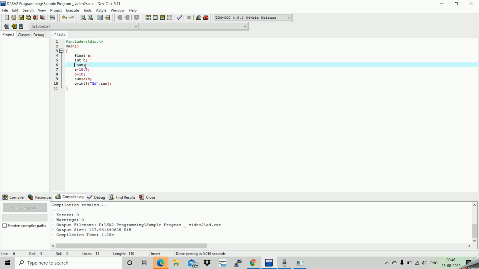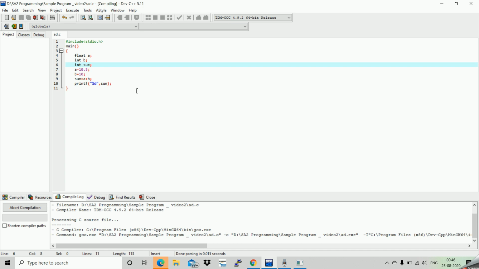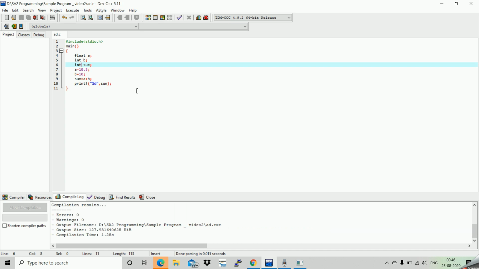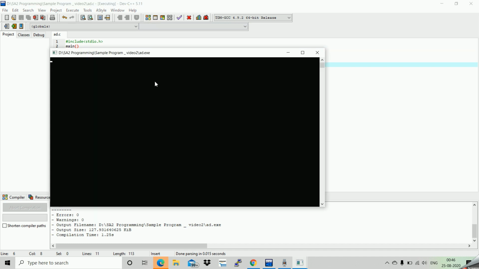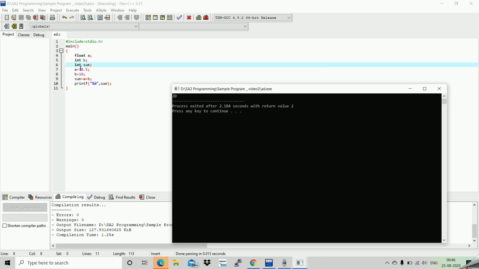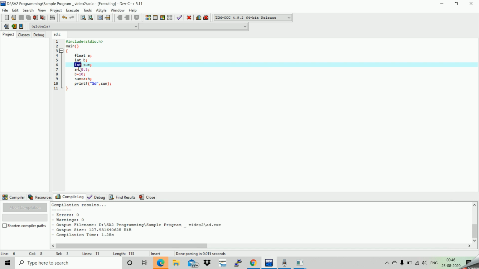Before you run your code, it is mandatory that you compile. Now you can see on the console that 20 is getting printed. This is because the sum variable has been declared as integer type, not as decimal type. Decimal type is float. Since it has been declared as integer, it will print the integer part of the value only.